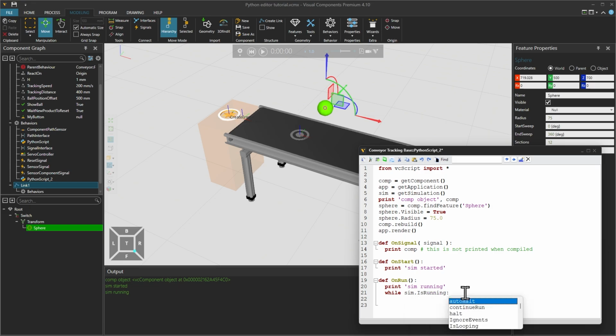After we type the colon, we can press the escape key or mouse click to ignore the drop-down menu. Inside the loop, we add a time-consuming action, for example, a delay of 1 second. Then let's print the simulation time every second by adding sim.simTime. Then compile and run the simulation.